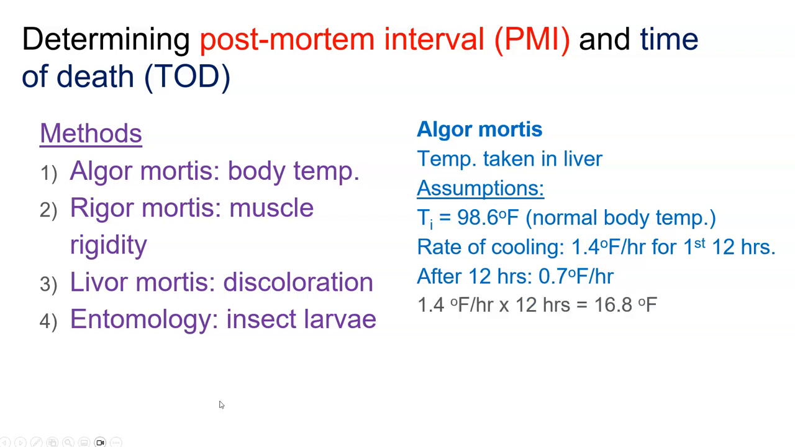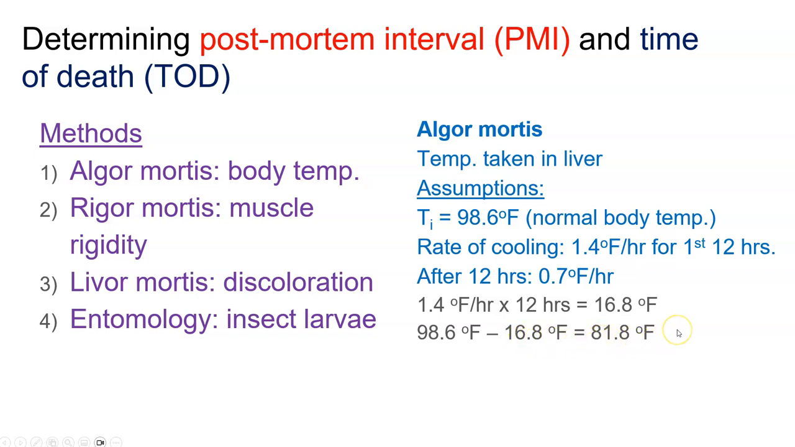And before we get started with that, one assumption here is that for the first 12 hours, a body cools at 1.4 degrees Fahrenheit per hour. For 12 hours, that results in a drop in temperature of 16.8 degrees Fahrenheit. Now that can really simplify some of our problems, because that means that if a body has been cooling for 12 hours, starting at 98.6, it will have dropped by 16.8 degrees, and it will be 81.8